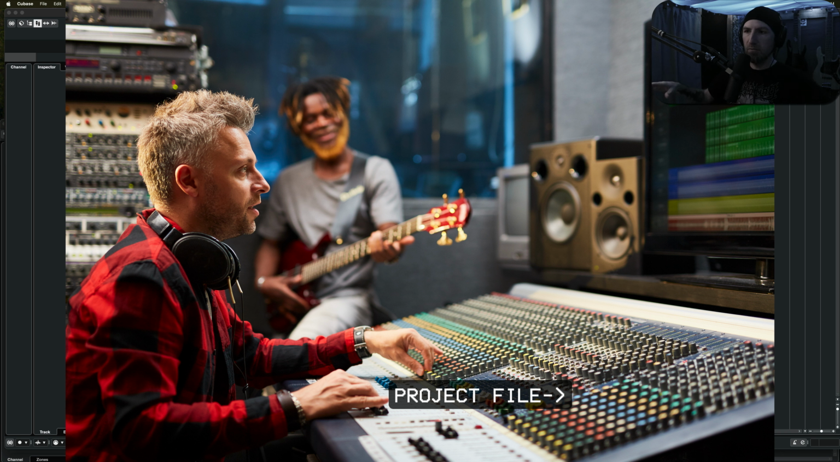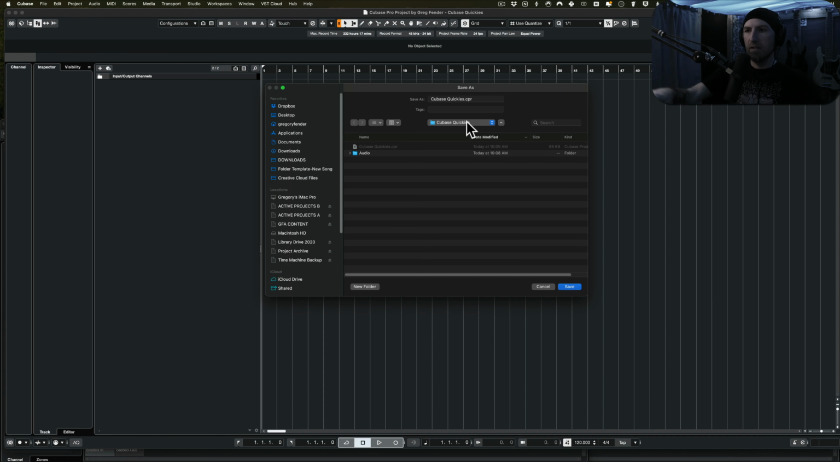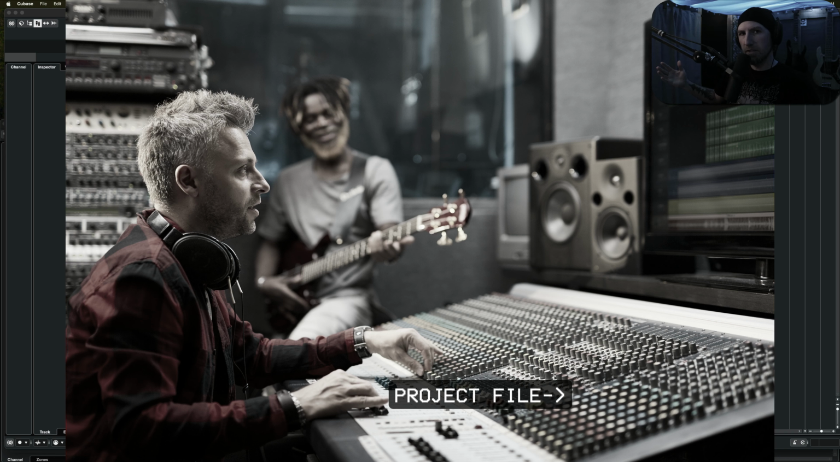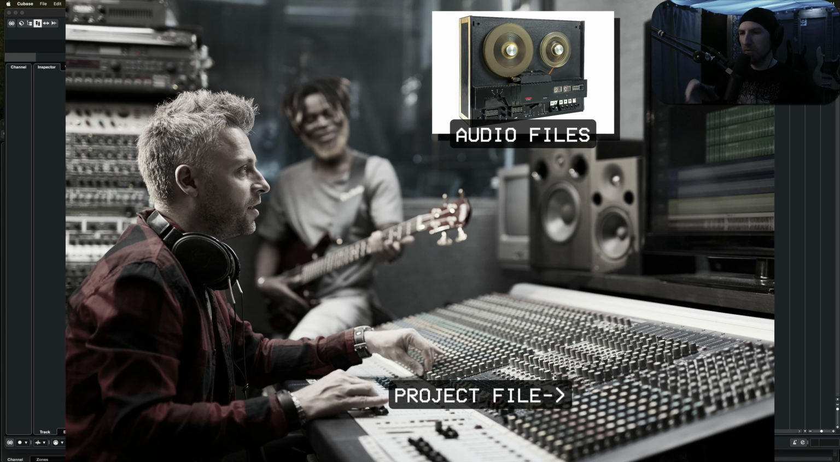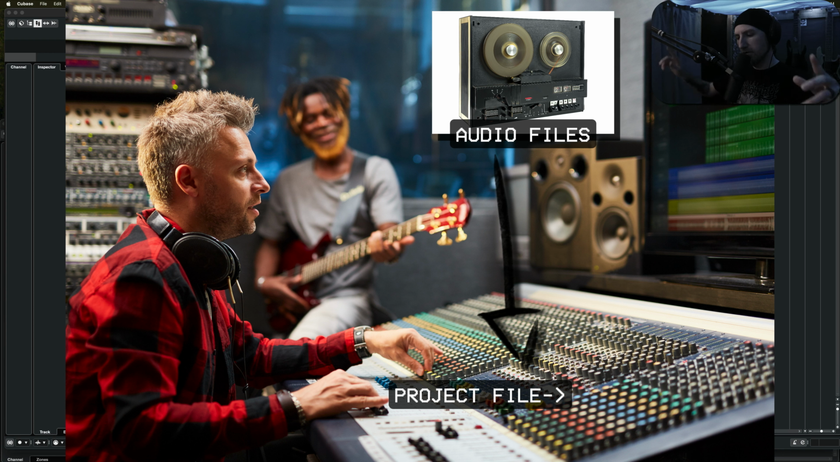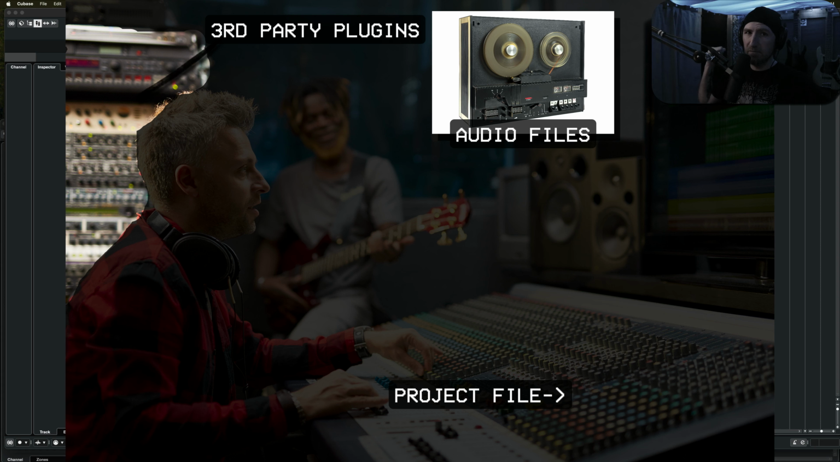Same thing with the project file. This audio folder here, that's kind of like the tape machine. That's where all the music is stored. And that needs to feed into this mixing board, basically. So you have the audio files feeding into the project file, which is kind of like the mixing board in the recording studio. The plugins you have, that's like the outboard gear and stuff. So like a lot of times,